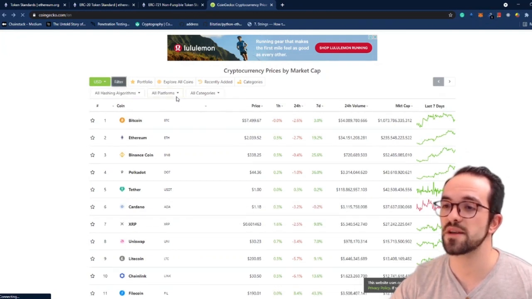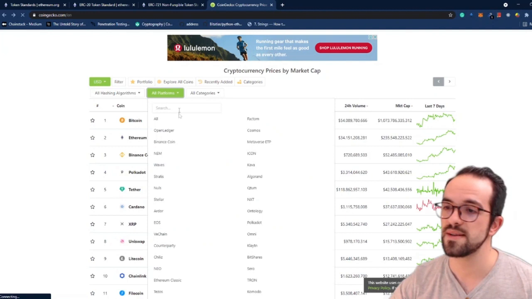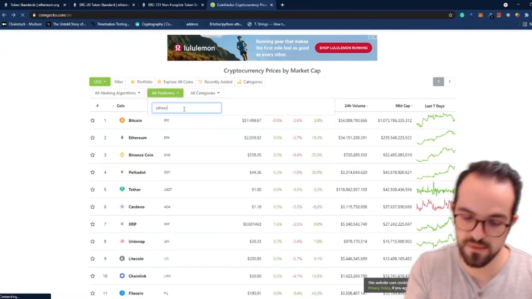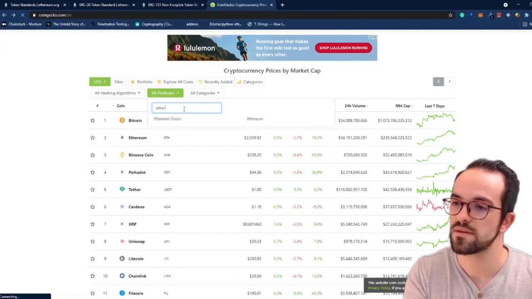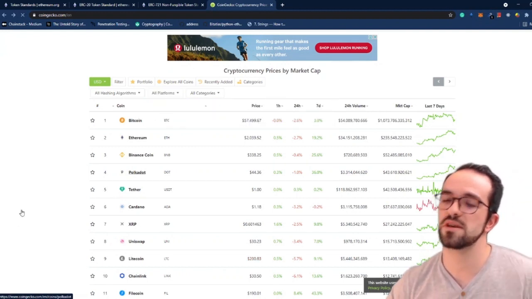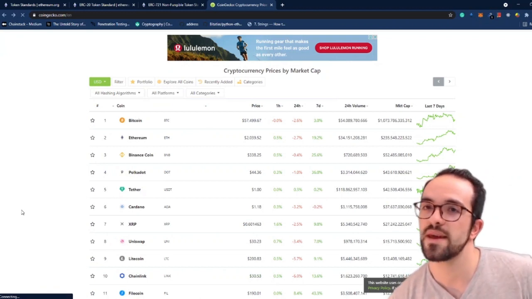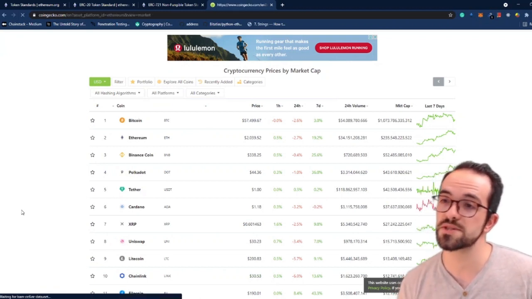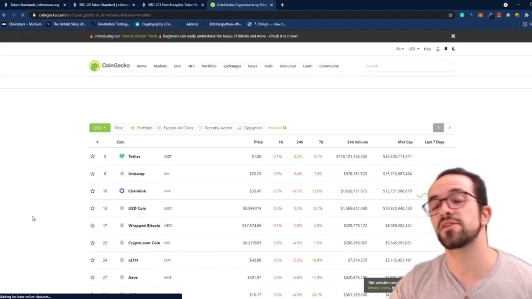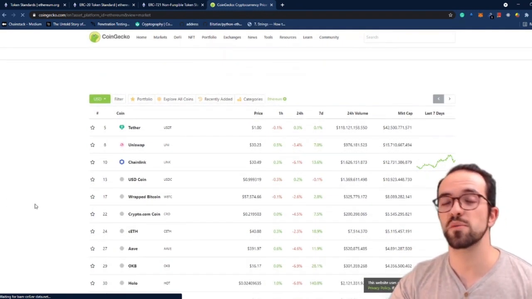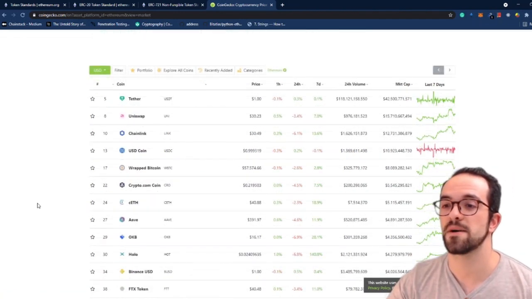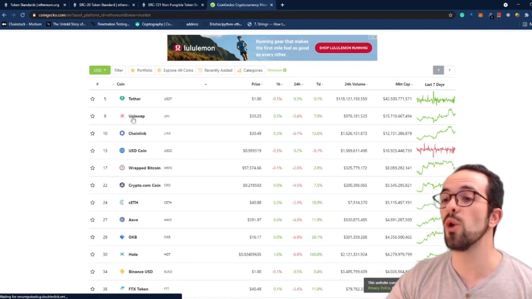Let's find by all platforms, and let's type the Ethereum platform. You could choose Ethereum Classic, but I'm going to choose the Ethereum main platform. And basically it's going to show us all the tokens that are issued on the Ethereum platform using the ERC-20 standard,